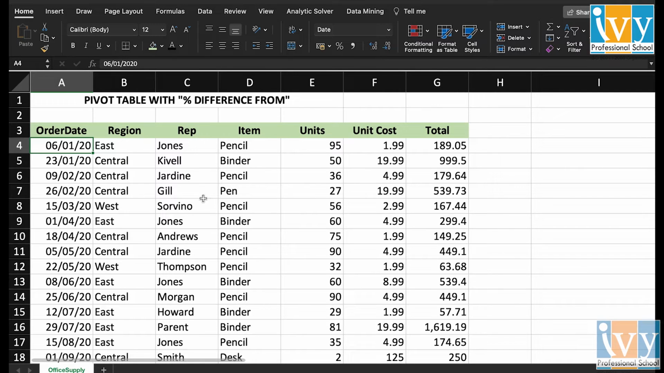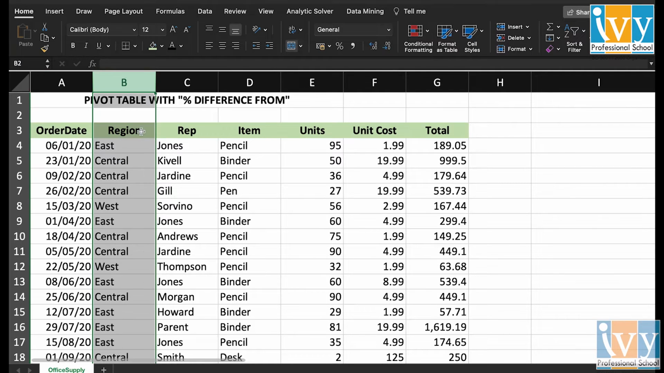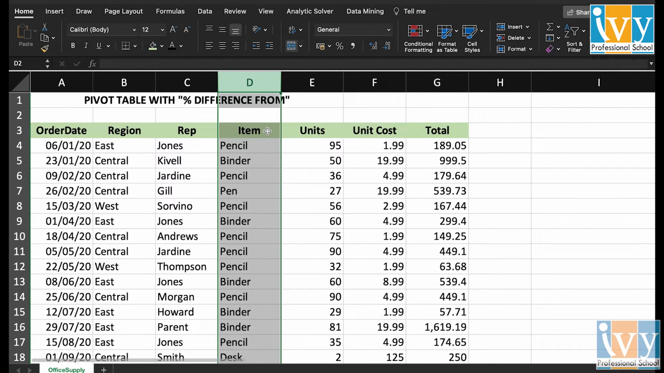This is an imaginary office supply company and the data set consists of 7 different fields. The first field over here consists of the order date, that is the date when the order was being placed. The second field is the region field, that would consist of the region where the sales was being conducted. Then we have the rep field, where the rep denotes the sales representative for that particular order. Then we have the items field that would indicate the names of the items that have been sold for that